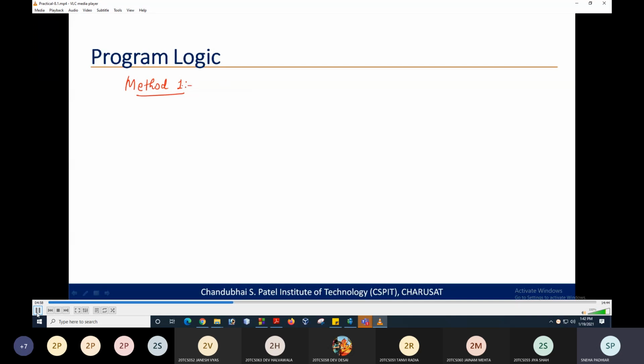So we can check the condition for counting the number of alphabets, digits, and special characters.